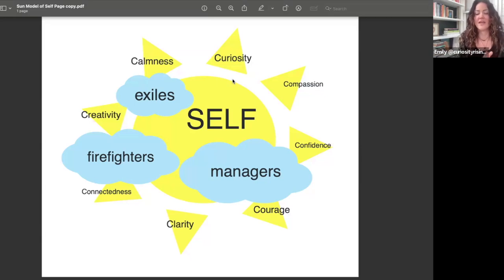Okay. So the two different categories of parts on a very high level are our wounded parts and then our protective parts. Our wounded parts in this model, we call them the exiles. These are parts that can often get stuck at certain ages when they have been hurt or experienced some sort of wounding in their life. So they can kind of get frozen in time. That's why you'll hear people talk about my 5-year-old or my 7-year-old or my 13-year-old. These are parts where potentially something traumatic, something scary happened, and that part gets stuck and frozen.